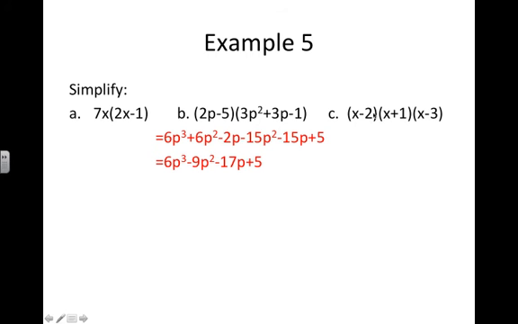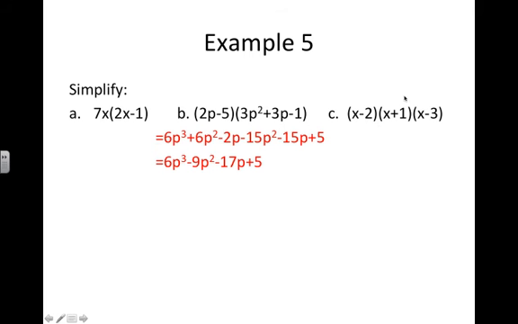Okay, for part C, we've got x minus 2 times x plus 1 times x minus 3. So we've got 3 factors. What we're going to do is multiply 2 of them together, and then take that product and multiply it by the third. Now, we're going to have to do repeated distributive property again, but remember on the first pair that we multiply,